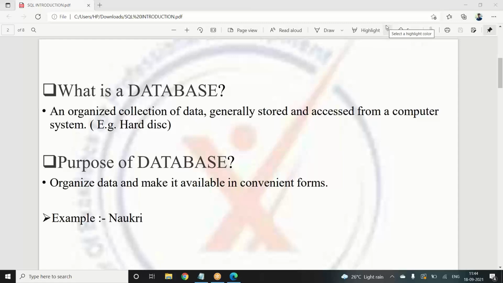Another example could be platforms. I think everybody is aware of the Naukri platform, right? It is a job portal. Yes, sir. For example, let's say you have created a profile and wanted to apply for a business analyst position. You have uploaded your resume in your profile, started searching for different kinds of business analyst roles in your locality or throughout India, and found a post that you think would be the best option for you.